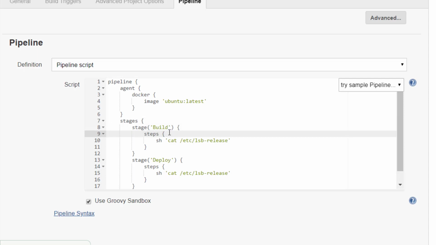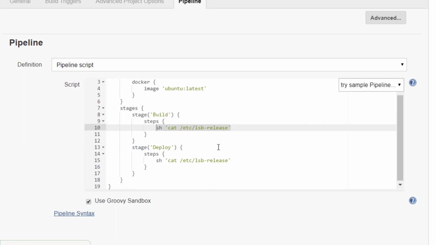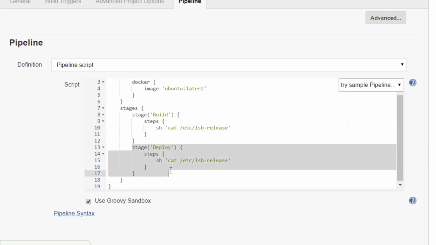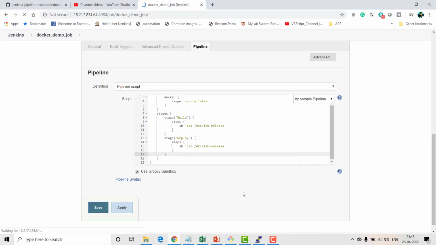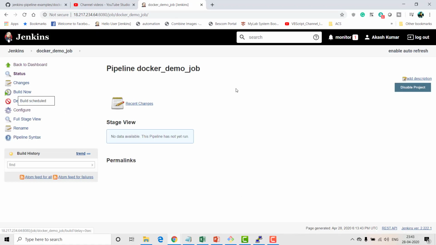As part of the stage, I'm running inside the Docker container to fetch my Ubuntu release version. This cat /etc/lsb-release is going to print the version of my Ubuntu and all the other details. Similarly, in the deploy stage I'm going to do the same activity. Let's save this one and run my job.